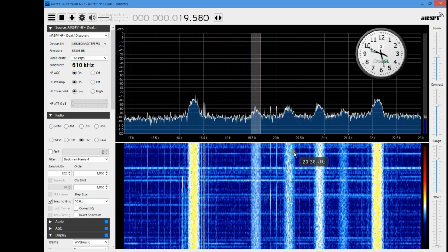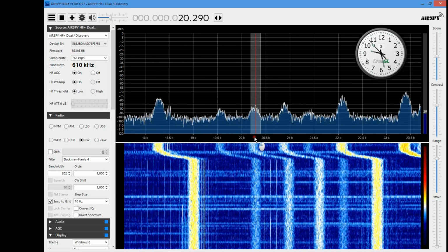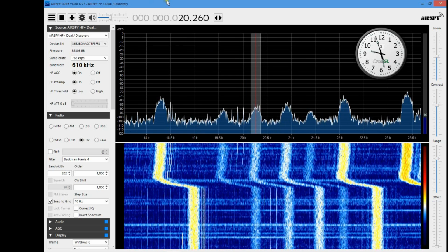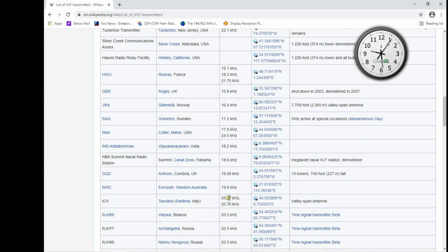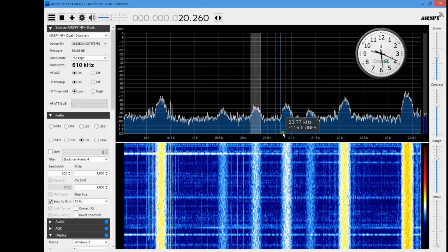Okay, we got another one here that looks like, let's slide it over. 20.2. And 20.2 is 20.270. That one's in Sardinia, Italy. Let's make sure that's around 2.7. Yep, 20.27. So the next one up is